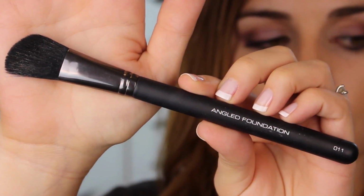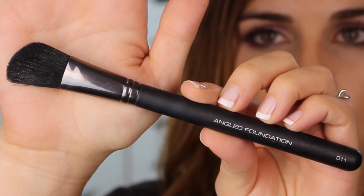So, starting off, I want to talk about face brushes, and I started the look that I'm about to show you using the face brushes, the first of which is the angled foundation brush. The bristles with this brush are cut very similar to what is more of a traditional foundation brush, except, as I'm sure you guessed, there is a slight angle here, and I find that really helps me apply and blend foundation in my under eye area when I'm looking to get my inner corner,